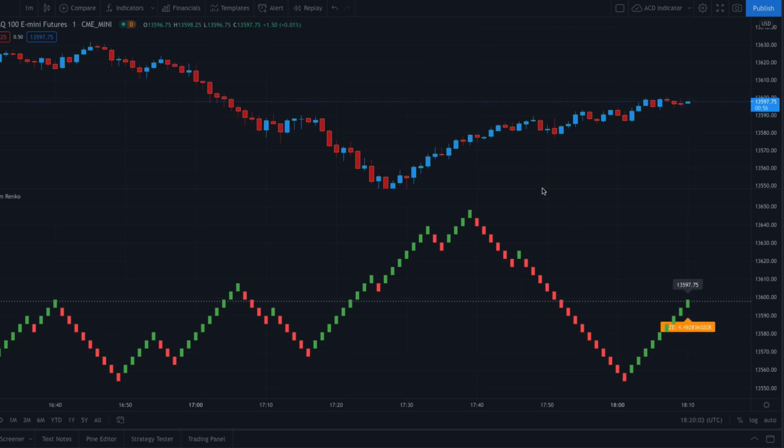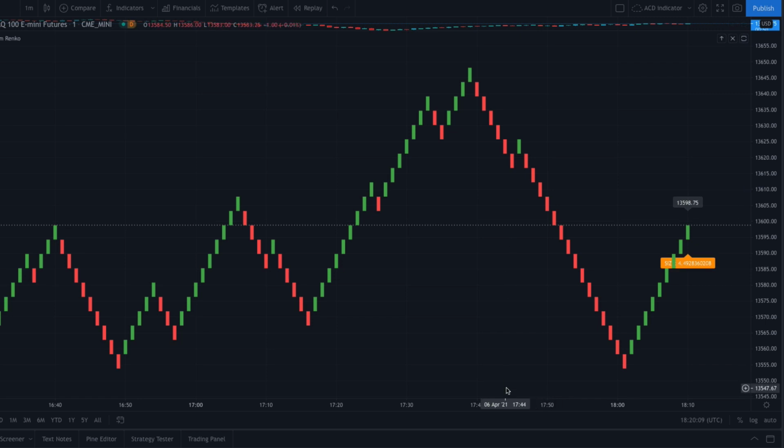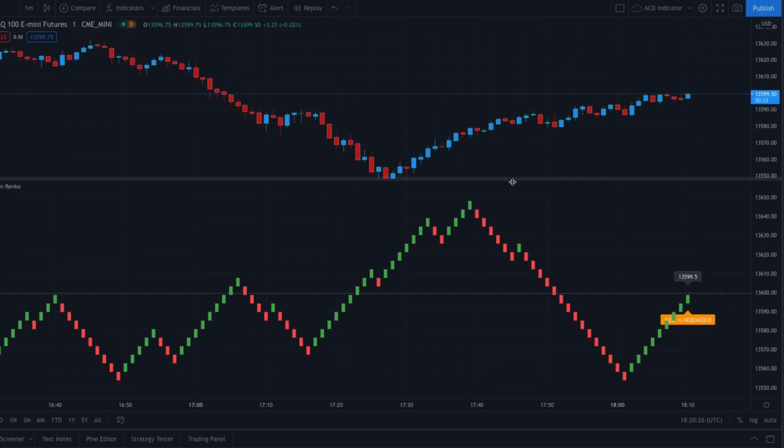Now, of course, what you normally do in terms of looking at a Renko chart is slide that out of the way, and then you're looking at a clean Renko chart, which is just great for trading, because it gives you these very smooth, very tradable trends, and you've smoothed out the choppy price action that we're all familiar with on time-based charts. However,